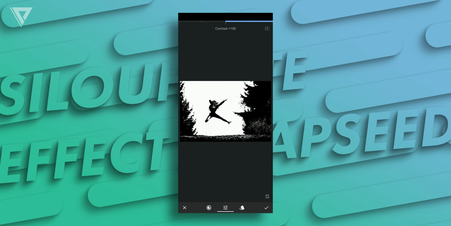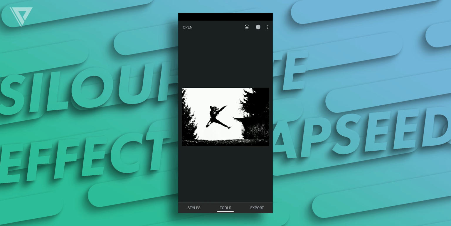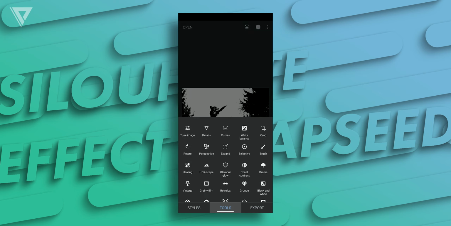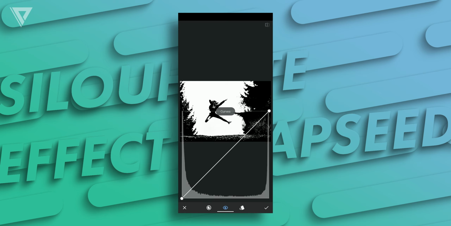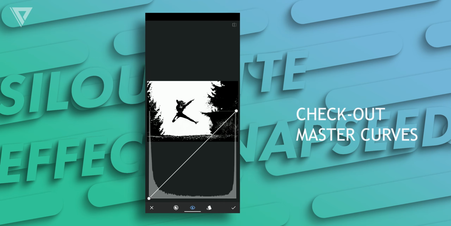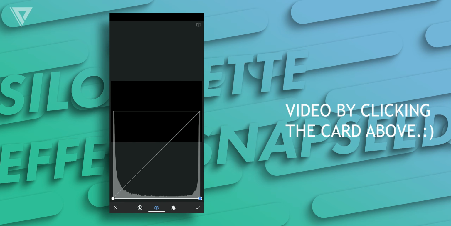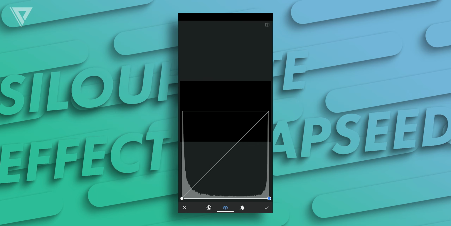There exists some whites in the black areas as well. As I said, foreground must be completely black in color or dark. We should fill black by going into curves by tapping on the tools and then curves. Make sure that the RGB is checked. Bring the brighter part that is on the rightmost end all the way to the 0. Now that the entire image is turned black, tap the check button.